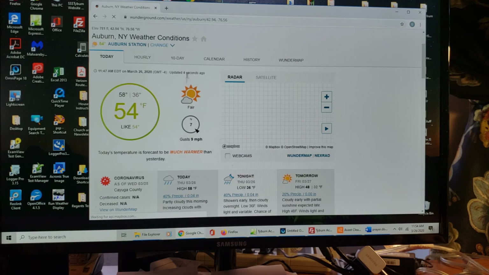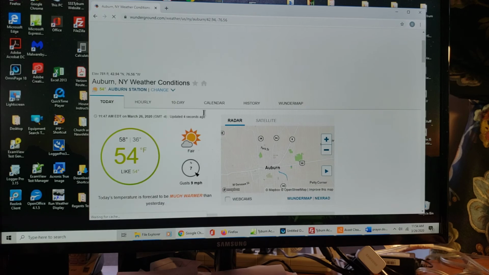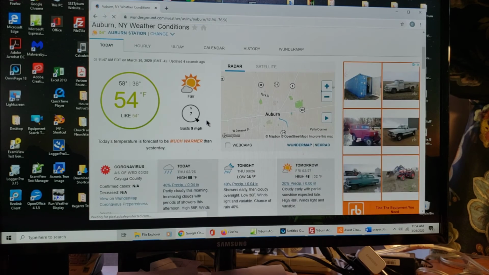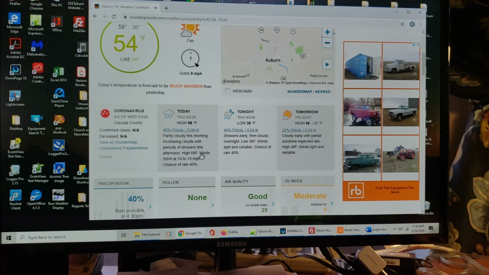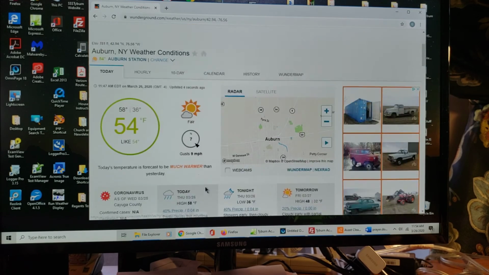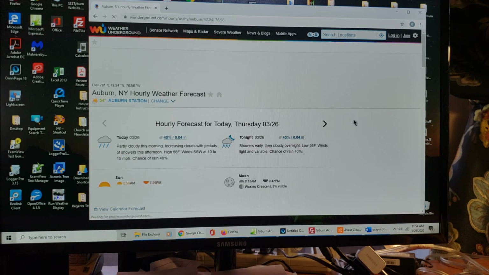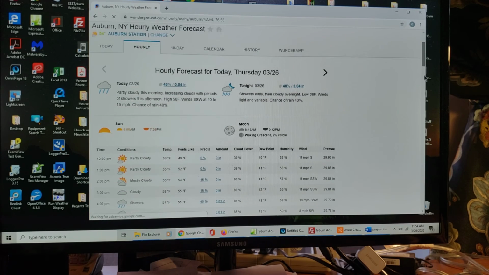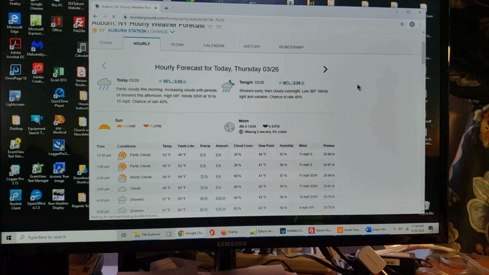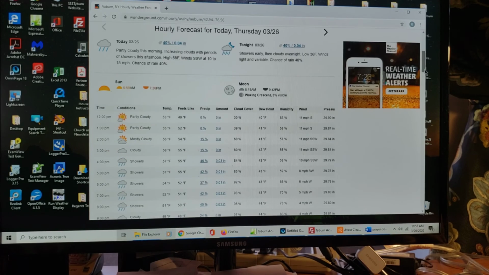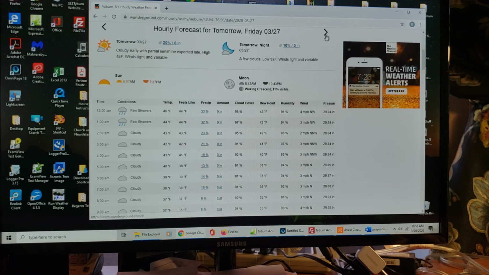There are about 5 of these stations in Auburn, and mine is currently offline while I try to figure out a glitch with the server. But anyway, so this guy, 54 degrees right now at about noon, and we have a picture here of today's forecast. I like to do these ones that say hourly because you get more detail. So click up here, and today is going to be partly cloudy, high 58. That's nice. A little bit of rain late. Tonight some showers, and low 36. No frozen precipitation. Tomorrow cloudy with some sunshine in the afternoon, high 48.